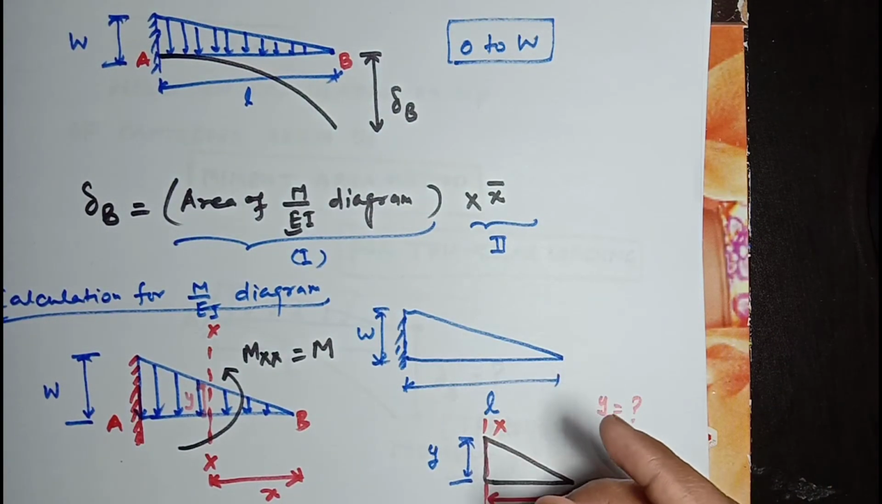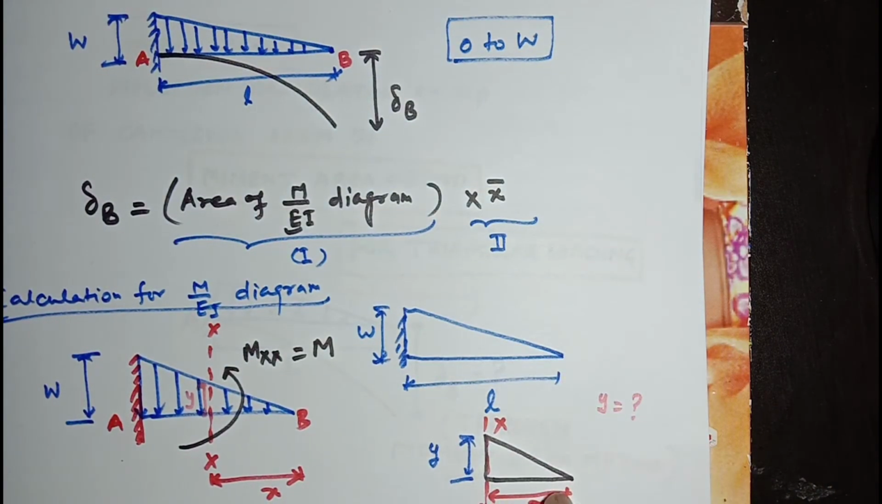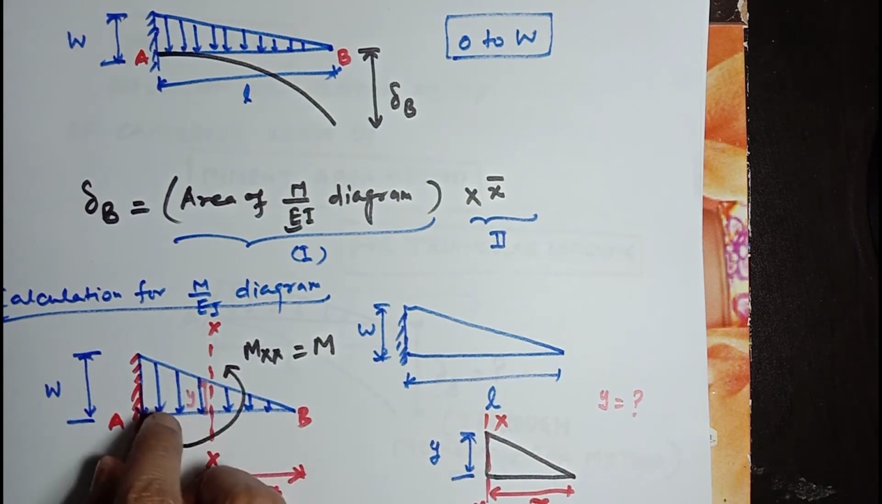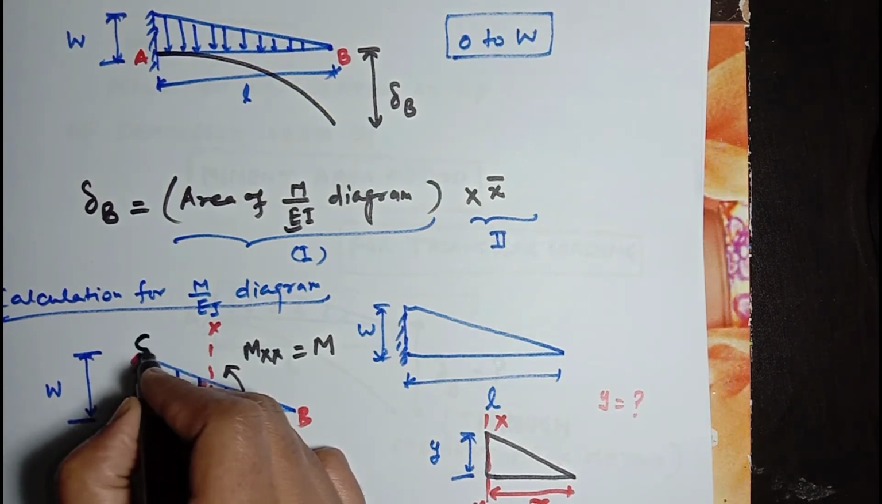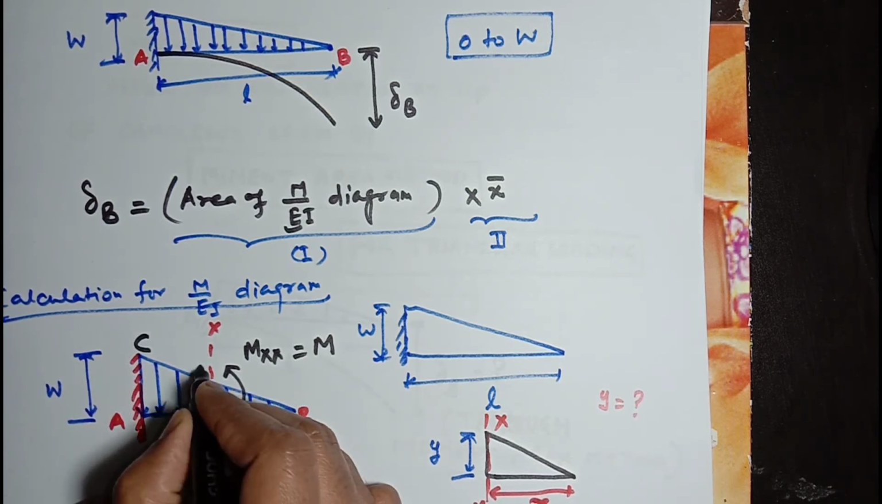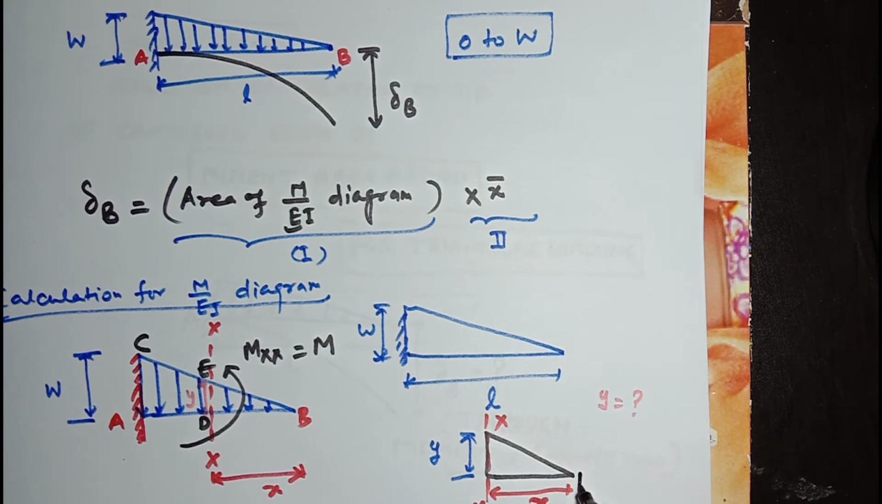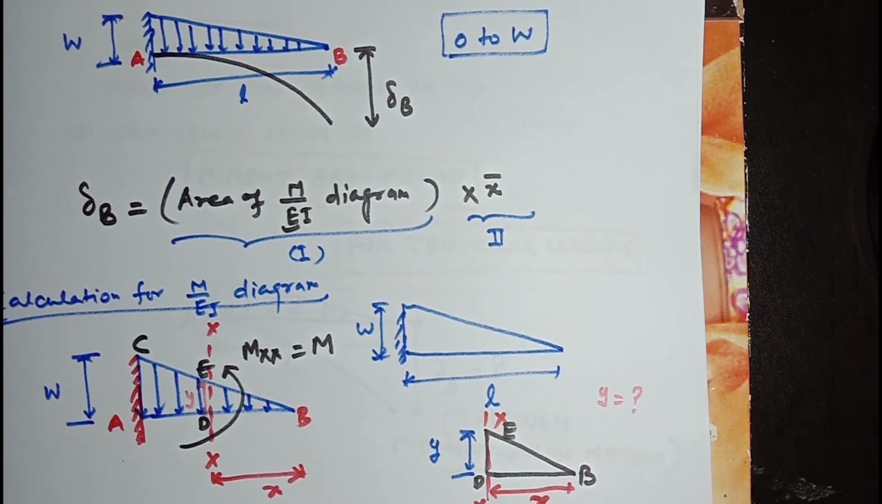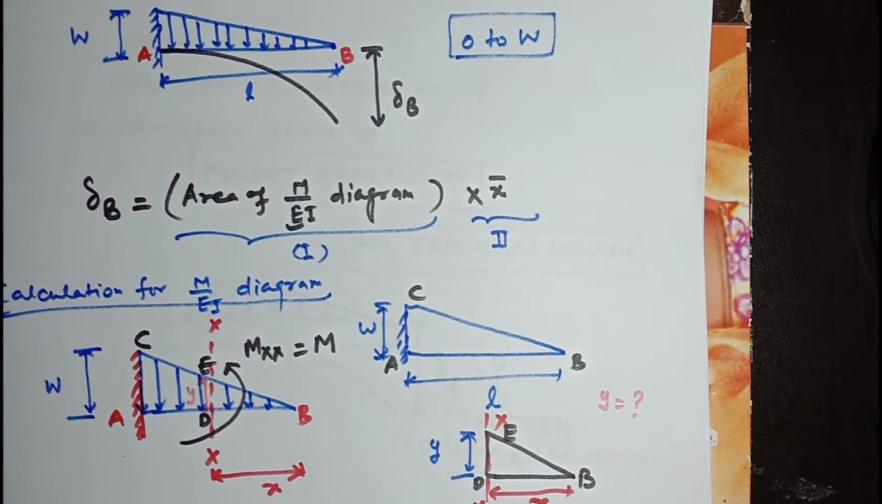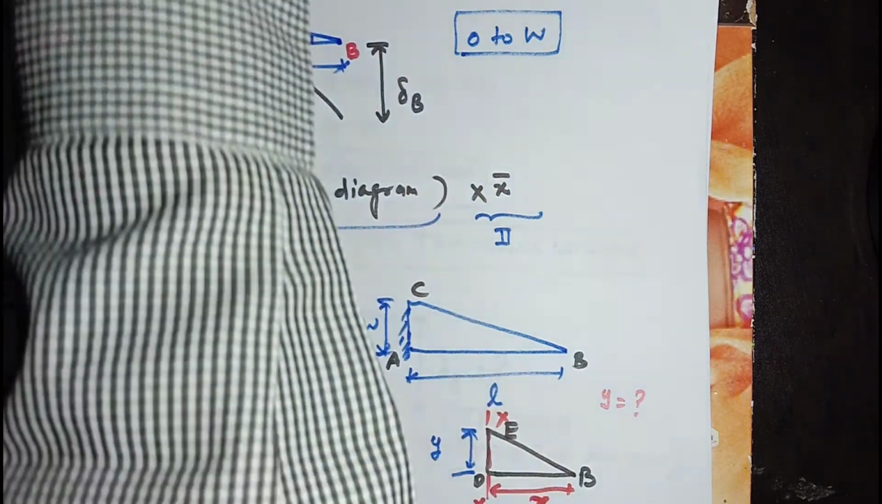Now from similar triangles you can find this value, because this part is the same. For this triangle we have to separate out two triangles. You can designate this triangle as ABC, and this triangle as D, B and E. We have two triangles here, A, B and C, and from similar triangles